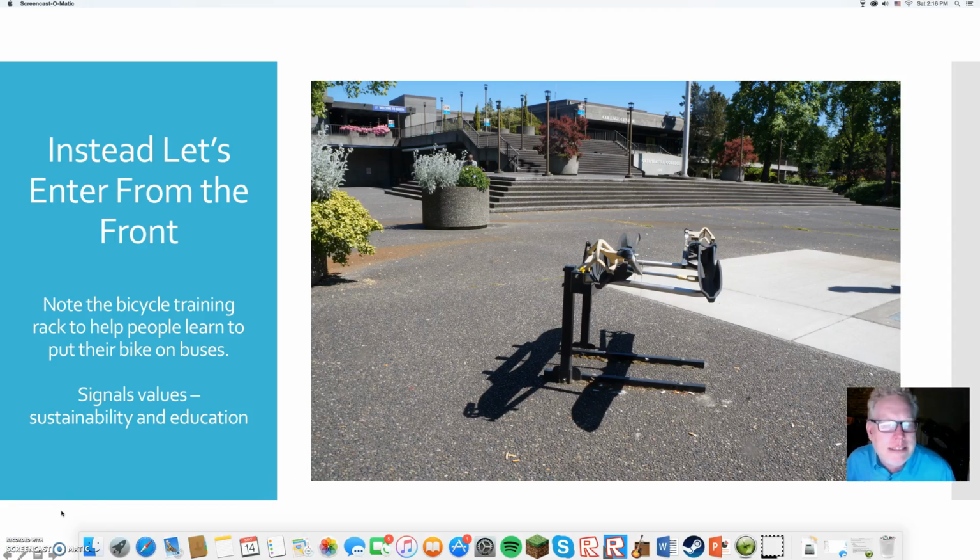Now, so instead, let's take our entrance from the front of campus over by this bike rack here. And this isn't just a bike rack, it's a rack to teach students and community members how to put their bikes onto the bike rack on the front of a bus. And I think that's an important, symbolic thing to have at the front of campus, because I think it